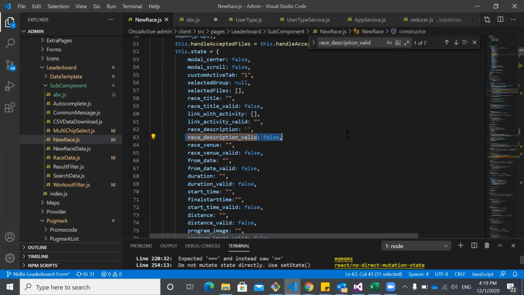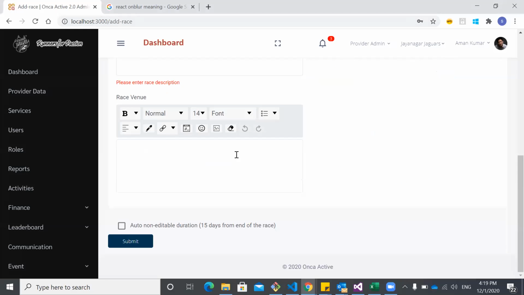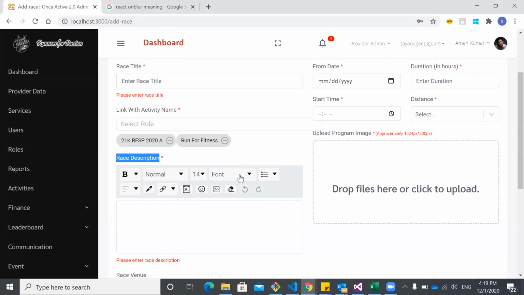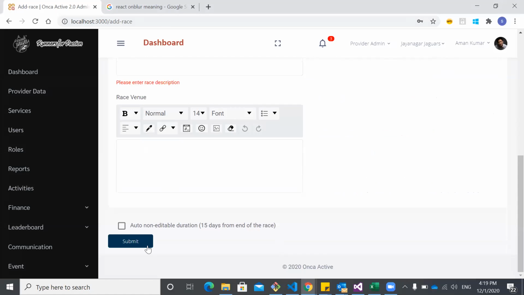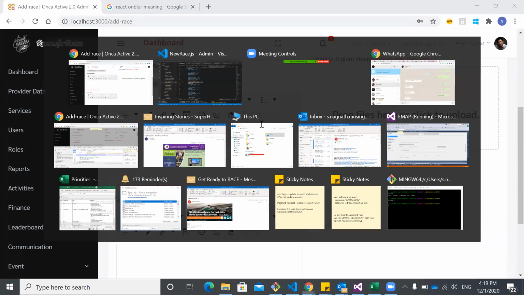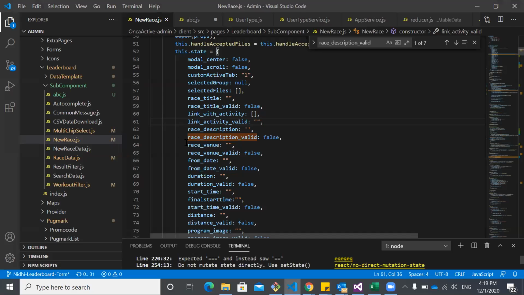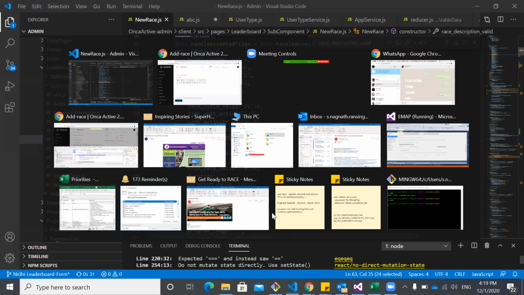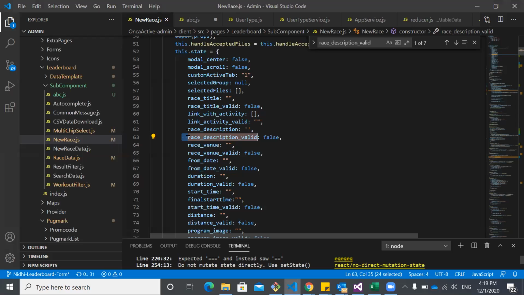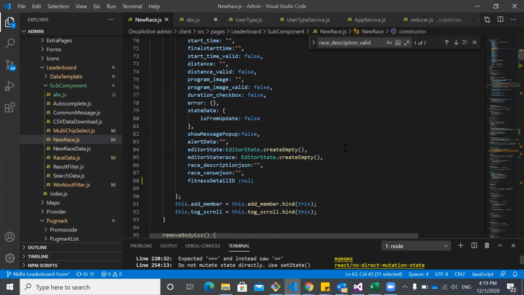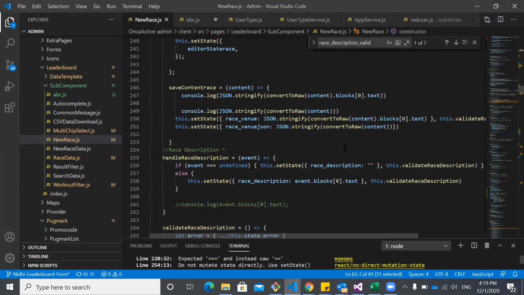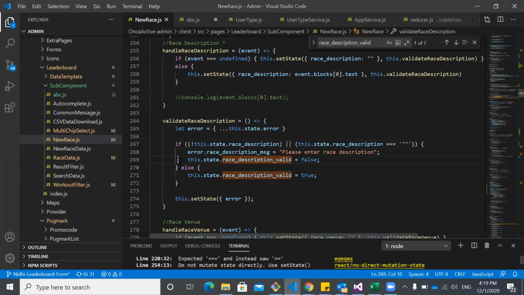See here. If someone loads this entire page and, instead of entering any content in any of the input blocks, clicks on the submit button, they will not be allowed to submit that data, because before submitting we check if rest description valid is false, and then we do not allow submitting that data. For that, we have kept rest description valid as false by default. If data is undefined or a blank string, we keep it as false. And if data is there and the rest description is not a blank string, then we keep it as true. Is it clear?